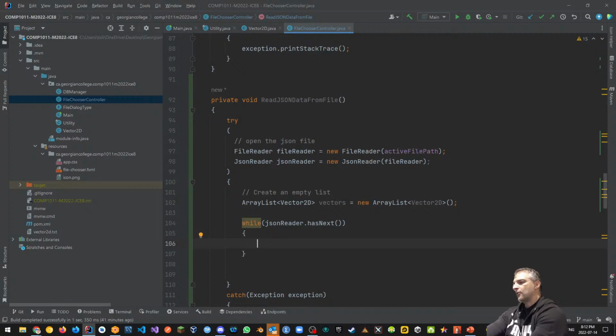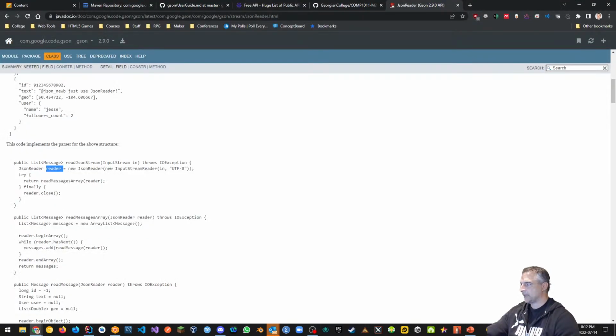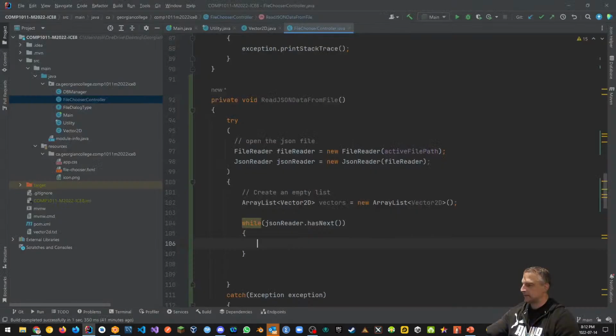So how do I get that object? If I look back here, while I'm reading it, I want to read the message. I want to get that reader, and whatever that reader is, that's the thing I'm going to add into the message. Well, if the reader is an array, if it's a string, then what we want to do is